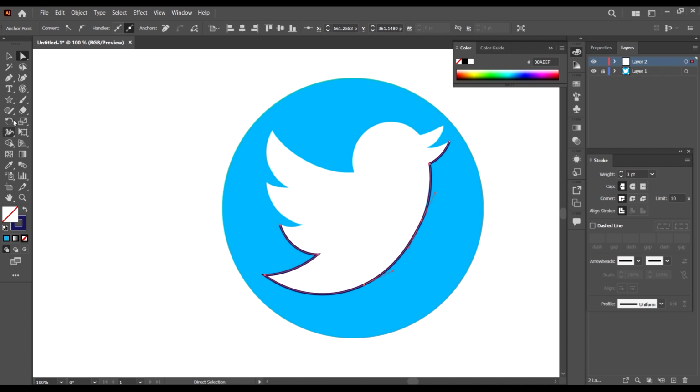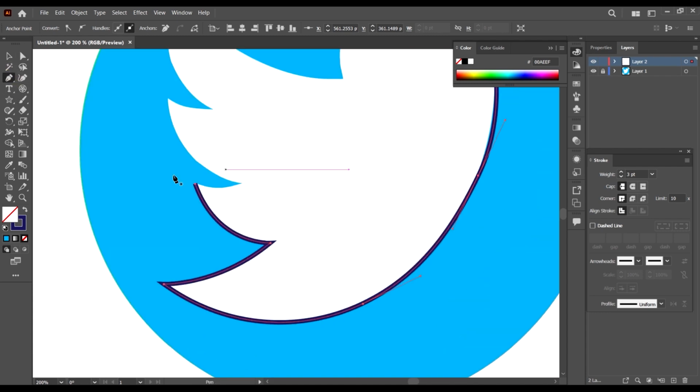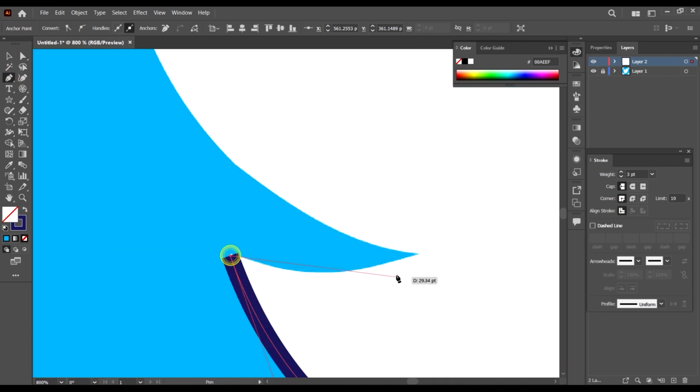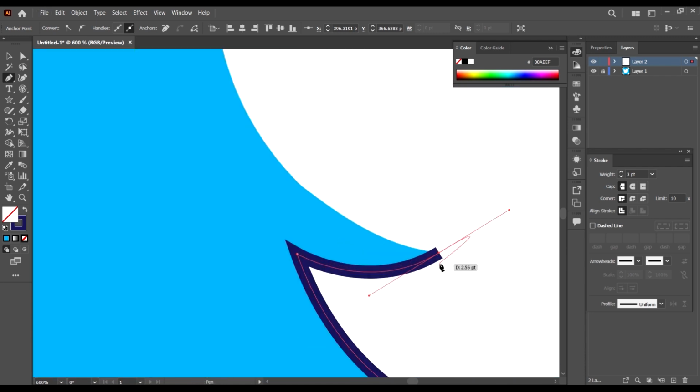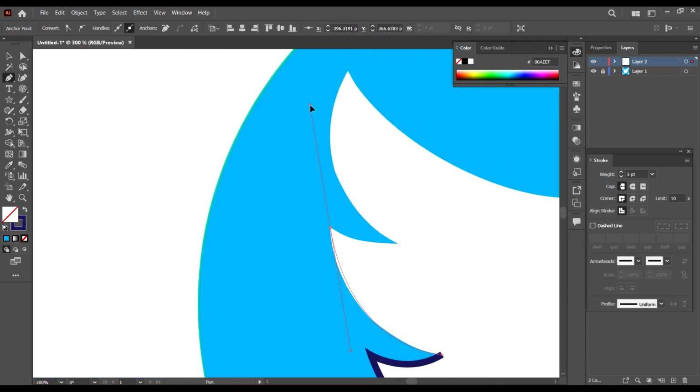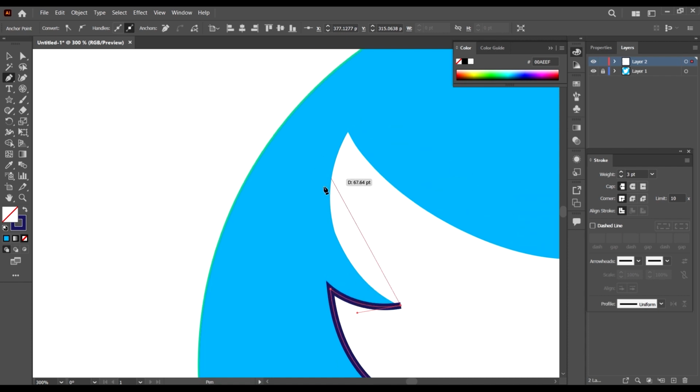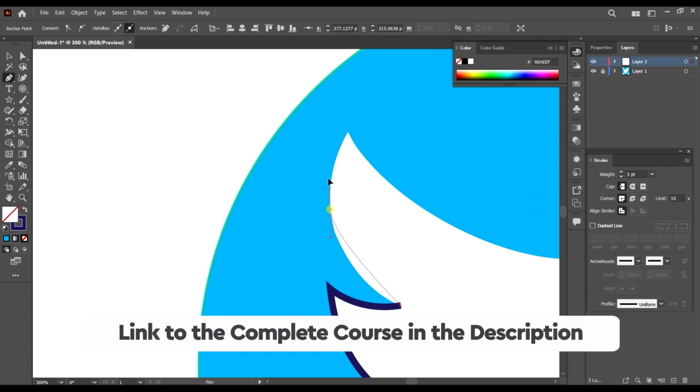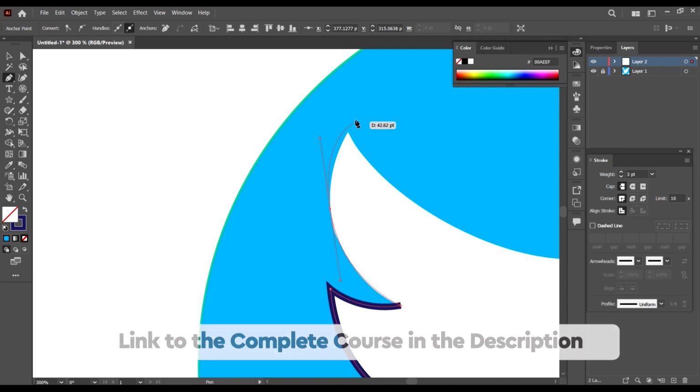Okay, so that's what you can achieve with the pen tool. I don't think I'm going to finish up this drawing. Should I finish the drawing? Maybe I'll just finish the drawing since it's not something hard. So as you can see, it's quite simple to use this tool. If this is your first time with this tool, you only need a little bit more practice before you become